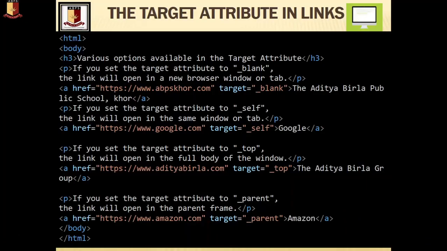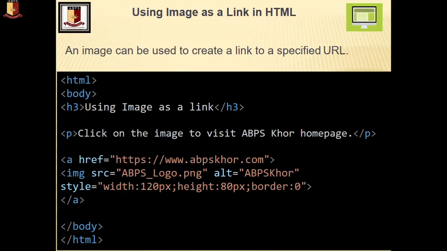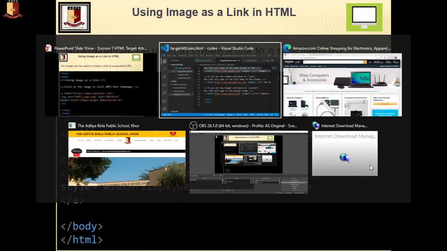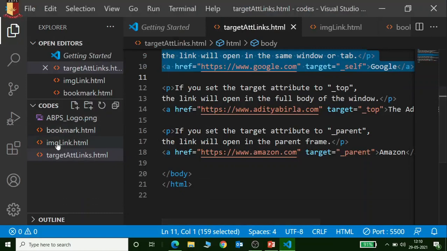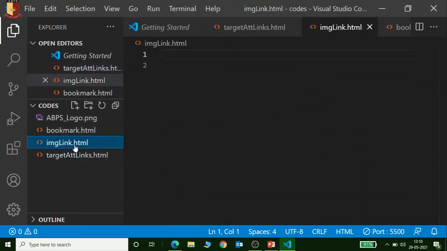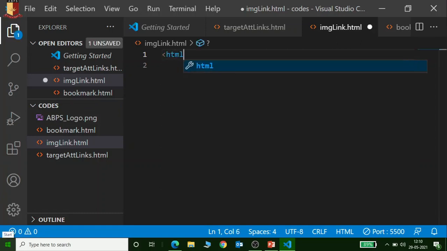Now next is image. How can you give a link to an image? Let's make a new page, and here we'll make a web page where we can give the image link. So let's start HTML here.